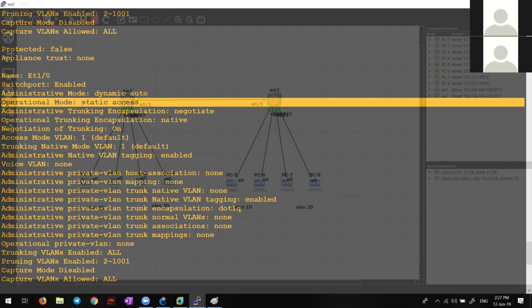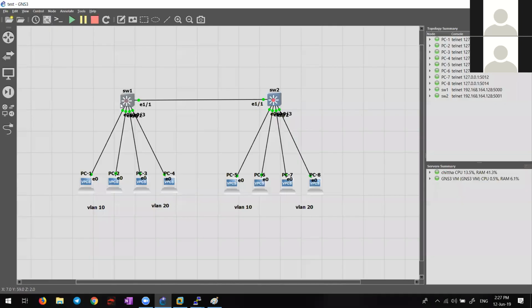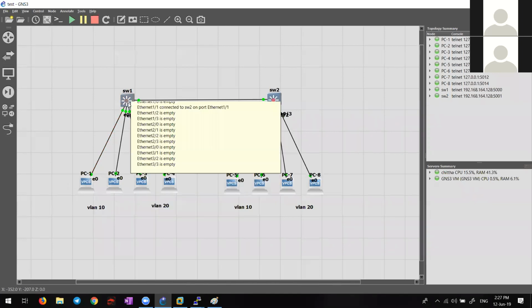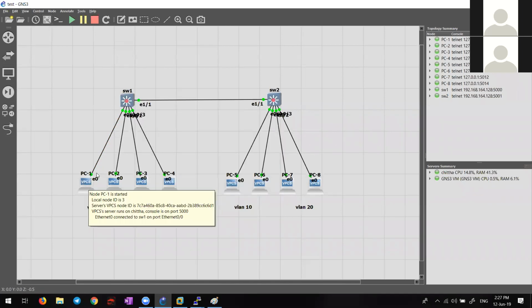Now, why is this important? Because the ports which are connected to end devices, like in this interface, let's say you are not giving switchport mode access, they will be access ports. Yes, they will be access ports. But there is a threat there. What if this is some kind of hacker and he sends a DTP message? This switch is ready to negotiate and become a trunk link also. Now if it becomes a trunk link, there are so many threats again. I think you guys can imagine it, right?